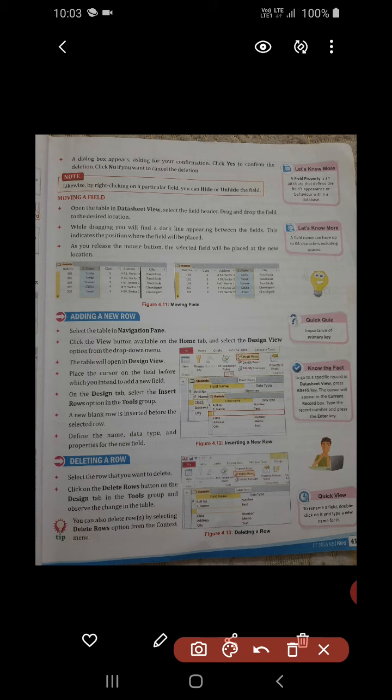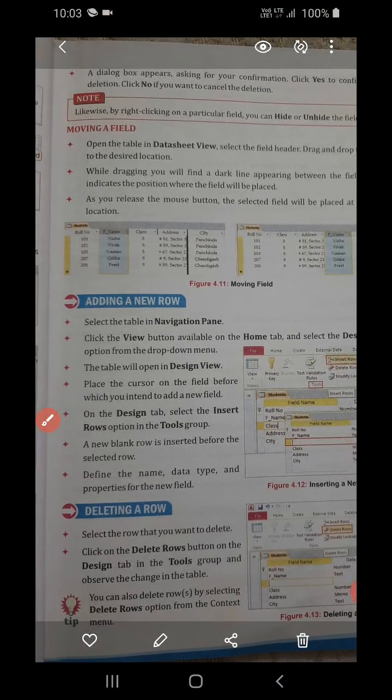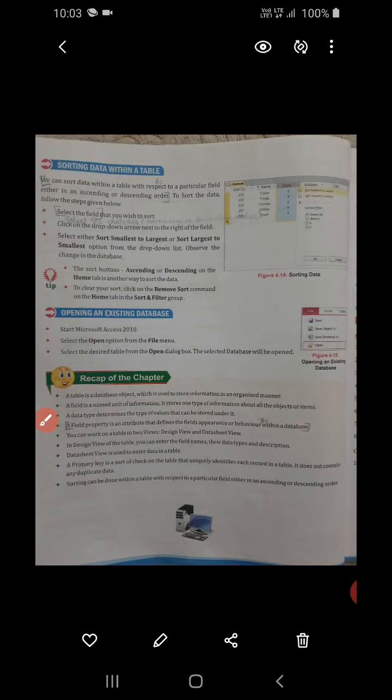In computer, remember, there are various methods. This is one of the methods I have given you. If you go through your book, the method is given like this. Anyhow, first you have to select and then do it. The next option I have explained to you is to insert a row or to delete a row. Whether to insert a row or to insert a column or to delete a row or to delete a column, the method will remain the same. You have to select it and then go with the process.